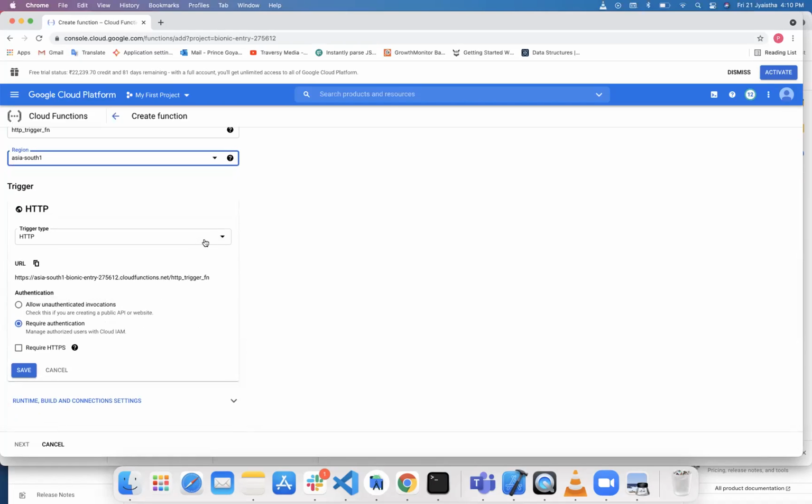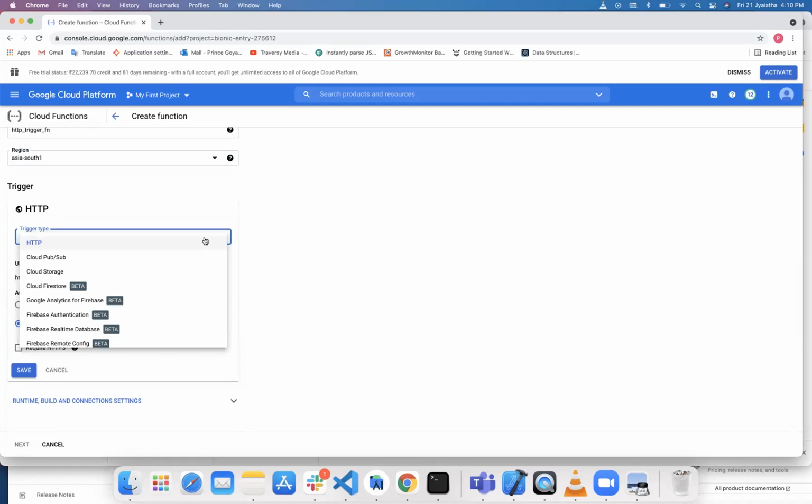So we can select what kind of trigger this is. So as we have HTTP, and the other triggers are the cloud triggers. So we'll talk about them later. So first we will trigger for the HTTP.